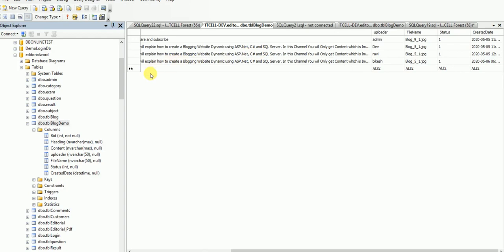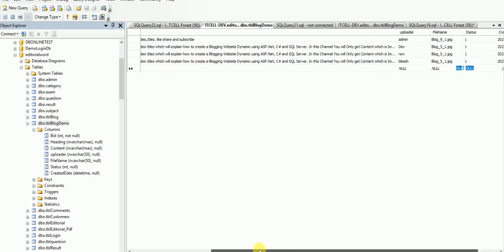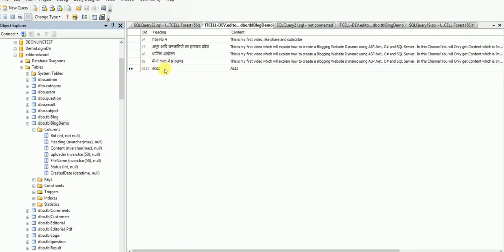Now I'll change the row. I will add one more record here. So this is going to be my fifth one, title number 5, how to use repeater.